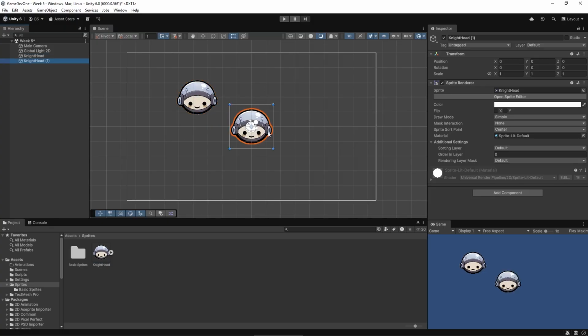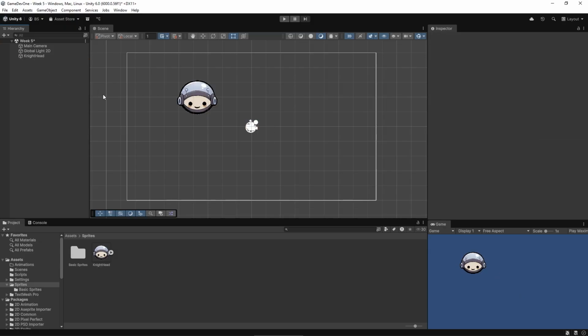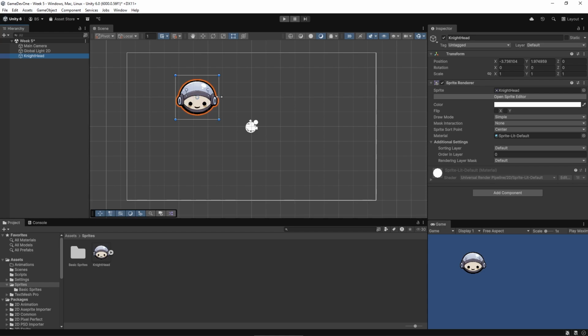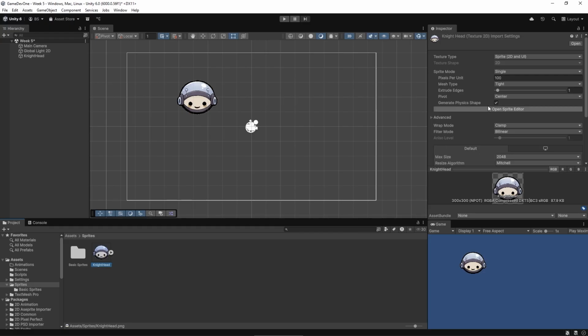So just something that you want to be aware of. If I want to delete it, I can simply click and say delete, and it goes away. You saw how big the head is right now. What I'm going to do is go in and change how the actual object